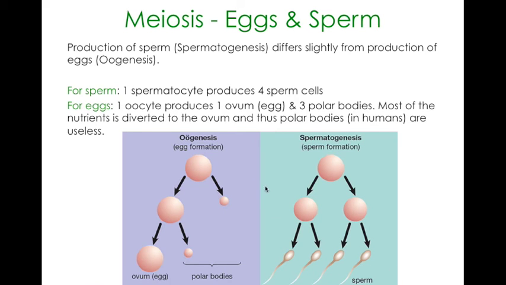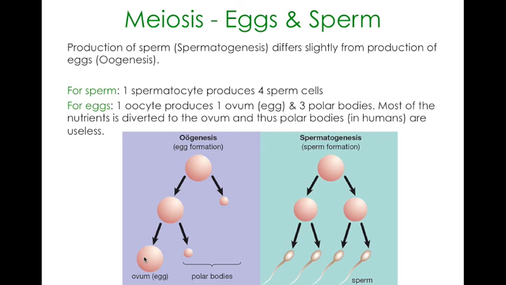In your oogenesis, or egg formation, meiosis round 1 will split, and the egg loses most of its nutrients to this one here, which will then split again, losing most of its nutrients, so that in the end you've got 1 ovum, and then you've got these polar bodies that do absolutely nothing, okay? So that the egg retains all of its nutrients and doesn't lose its size as a result, which is really important for females